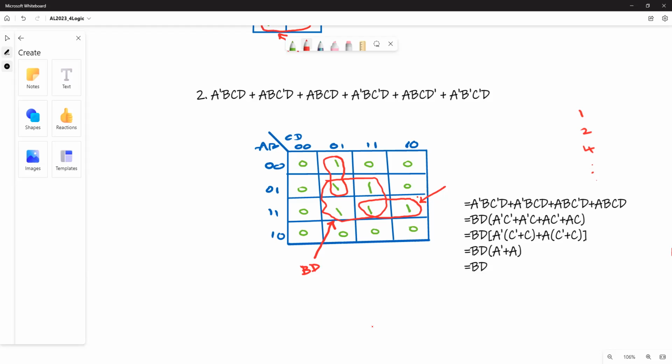Look at from this side. We have only one value. What is the value? AB. So from that side, we will get AB. Right? From this side, by looking at these two values,